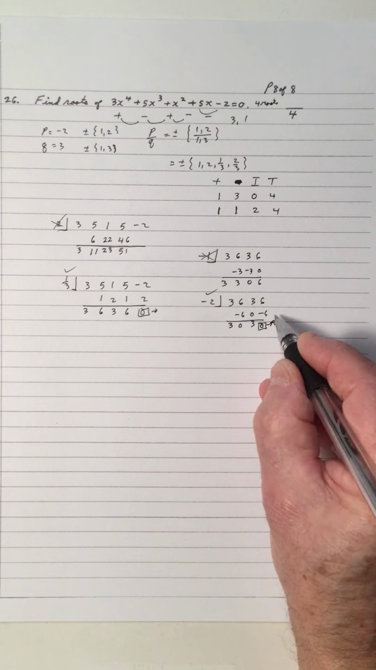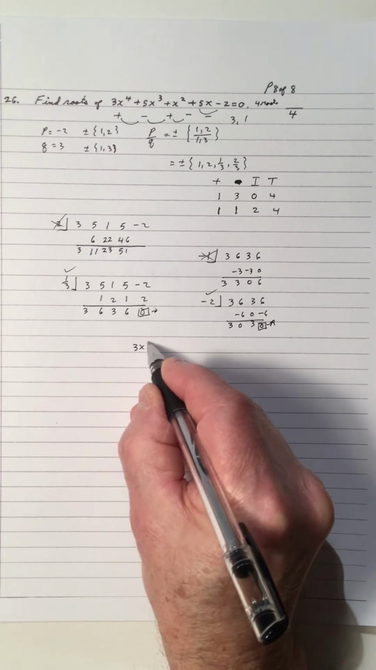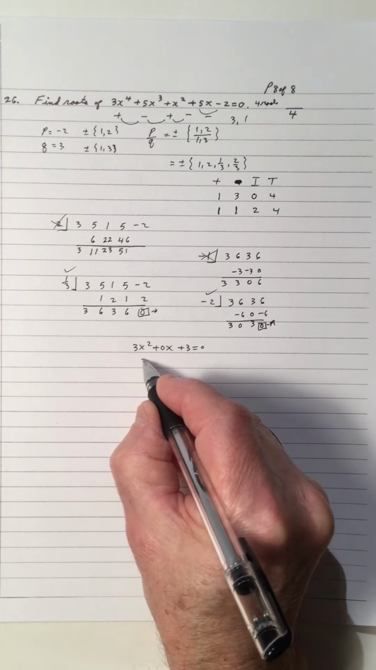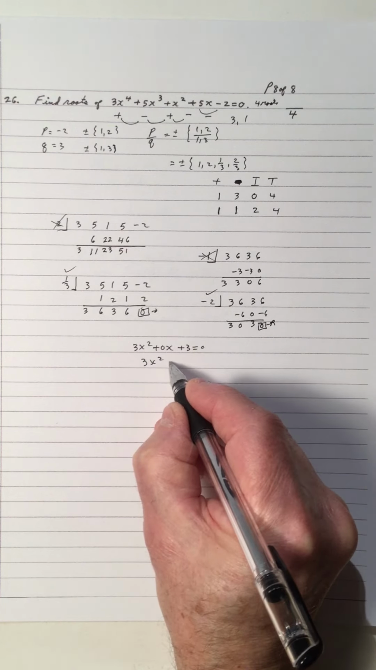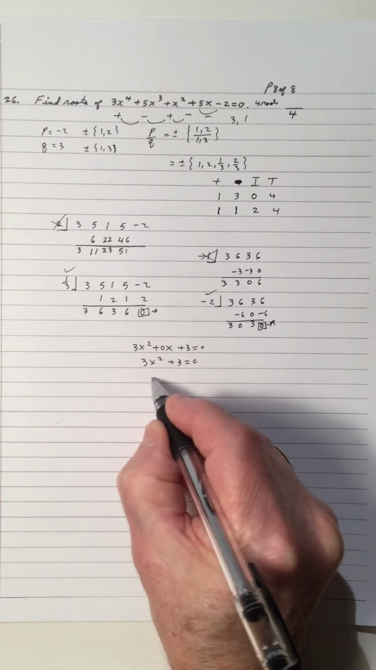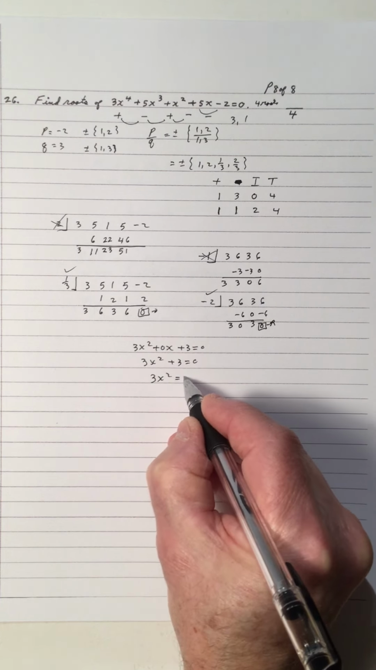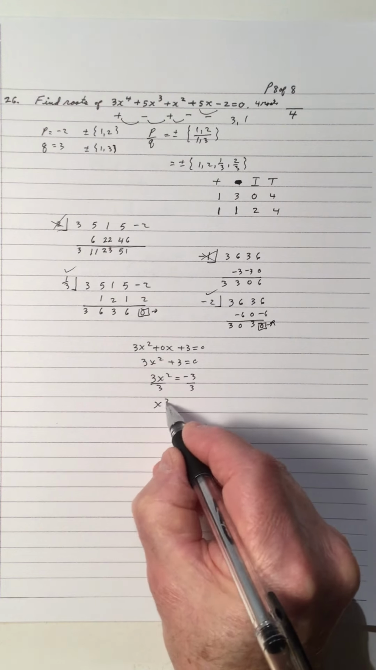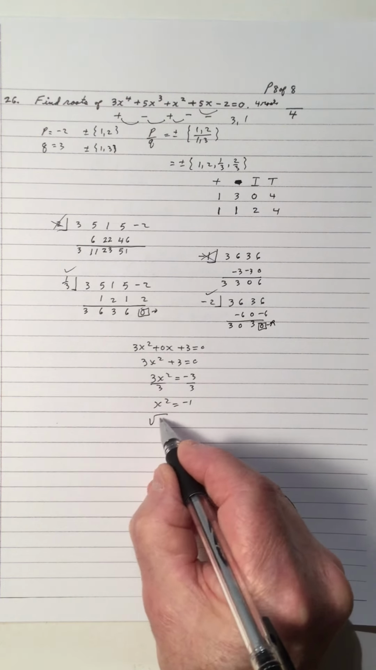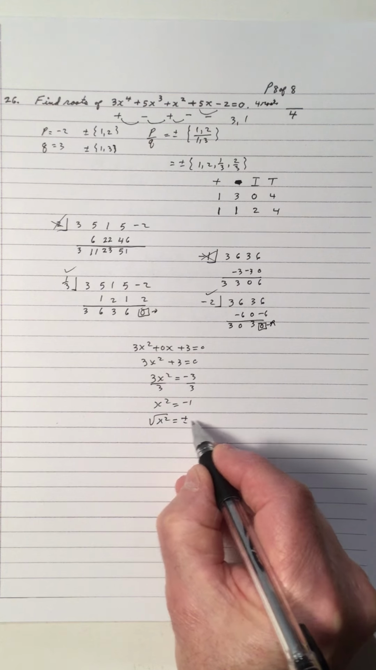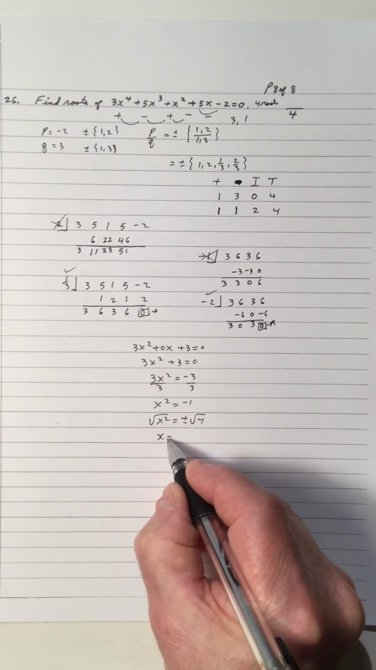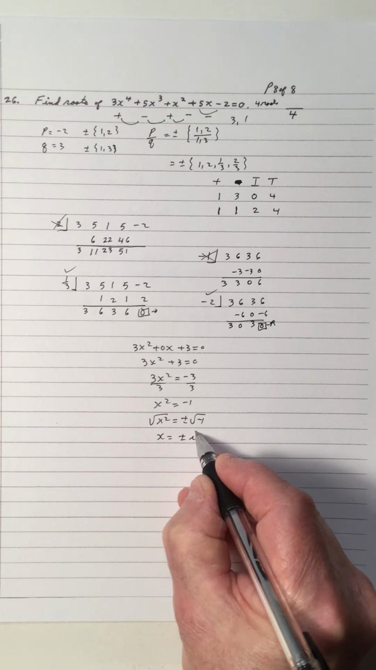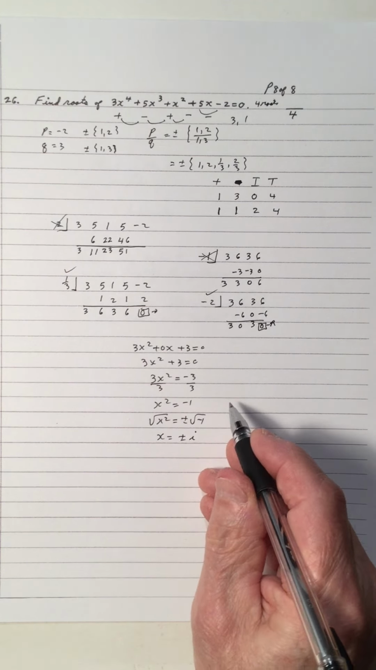0 remainder. So we have 3x squared plus 0x plus 3 equals 0. So 3x squared plus 3 is equal to 0. 3x squared equals negative 3. Divide by 3, and x squared equals negative 1. Square root of x squared is plus or minus the square root of negative 1. X is equal to plus or minus. Square root of 1 is 1, and because it's negative, we have an i. And so the roots